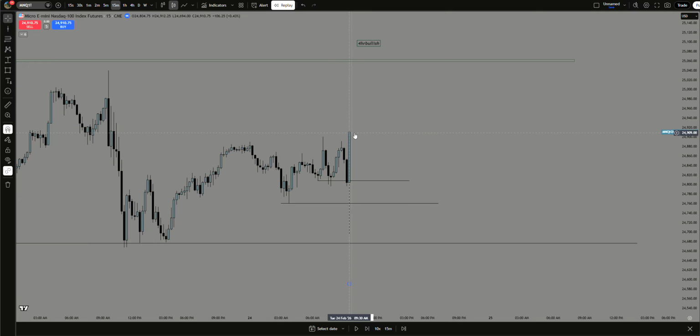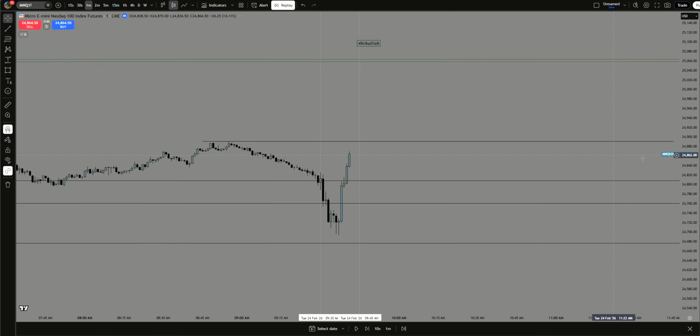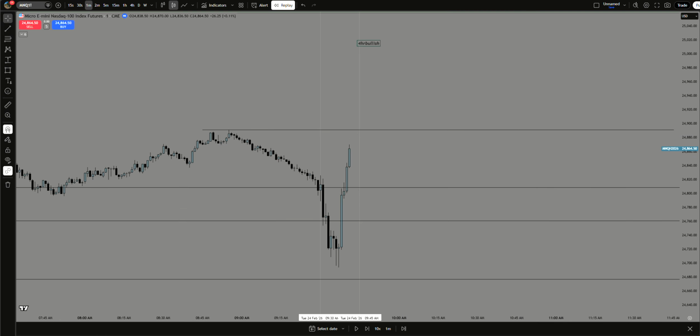So we shifted going back up here. So now we got our market structure shift back long right here before 9:45. So the next thing I wanted to do, go ahead and play this forward. The next thing I wanted to do now was, since I know we got the 15-minute structure going back long,